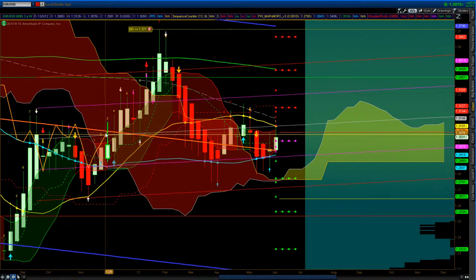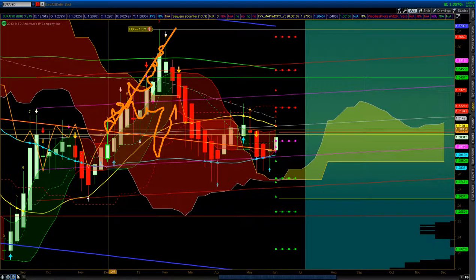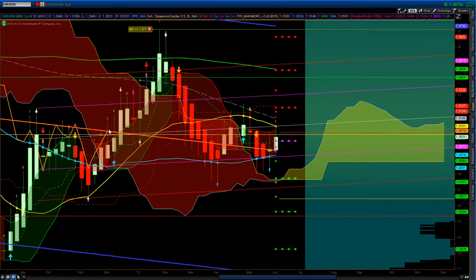Chikou is right here. It's got pretty much this whole line to cross. So it needs to keep chopping away and just pushing higher if it's going to go higher. If not, it's going to just dig in here and tank, and it has to be in the cloud. The goal is to get it out of the cloud. But it's looking good as of now. The future's looking good on the Kumo cloud, and we just need to stay above that 20. And good that we are above the 50. So you just got to keep pushing higher